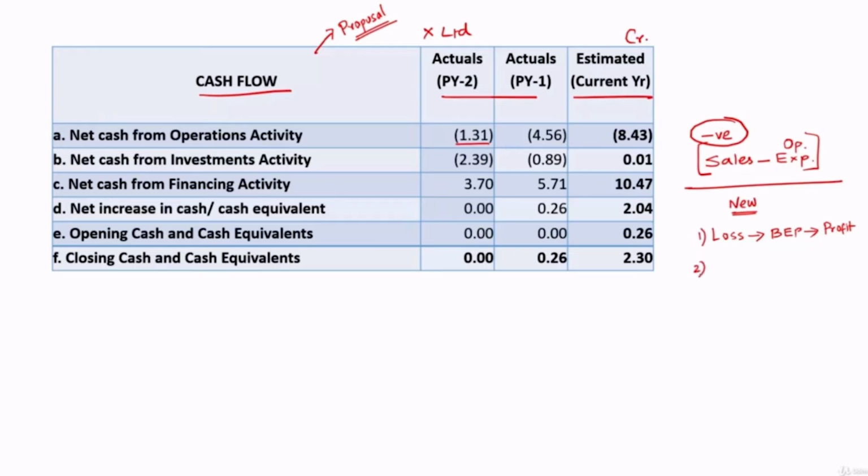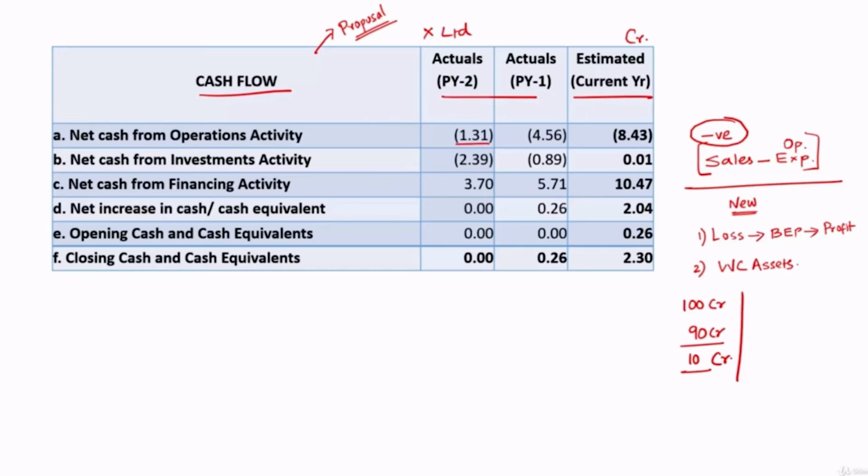Number two, the companies which have substantial investment in working capital assets, they will also have negative cash flow from operations. Let's say, for example, sales made by the company is 100 crore. Expenses incurred by the company is 90 crore. Profit they have made is 10 crore. But if you look at their cash flow position,